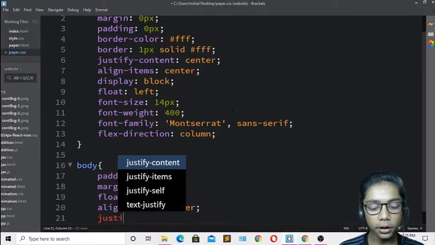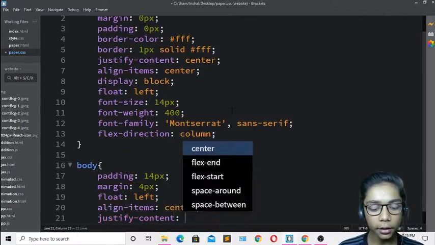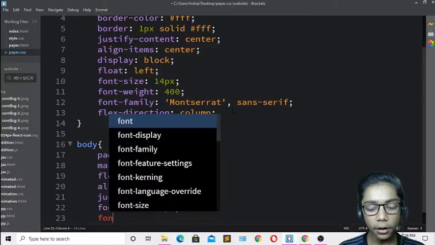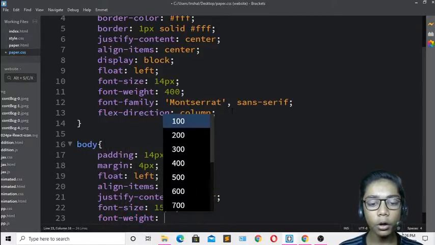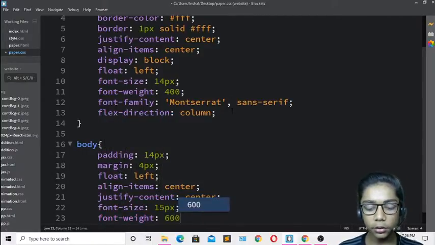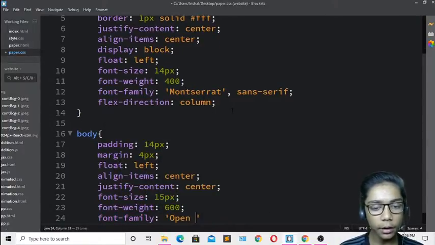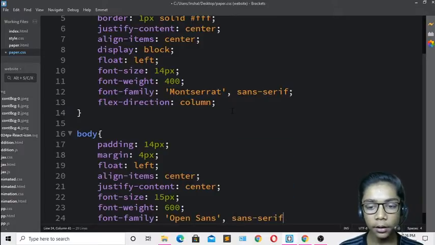Then write justify content, which should be center, and font size, which should be 15 pixel. Font weight, which I will change to 600. Come over here and write font family, which should be Open Sans, so I will write Open Sans, comma, sans serif.